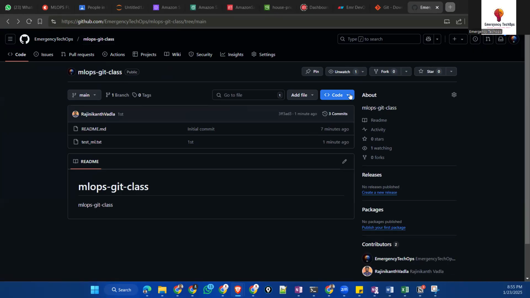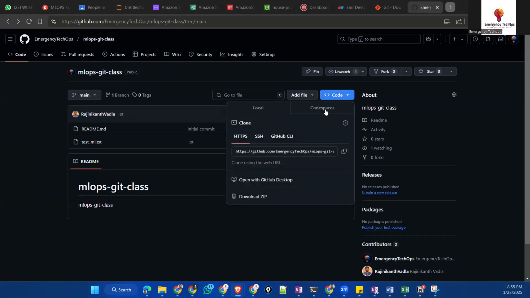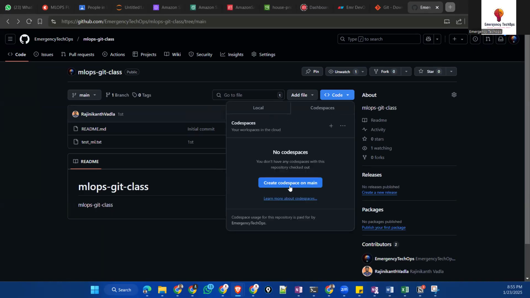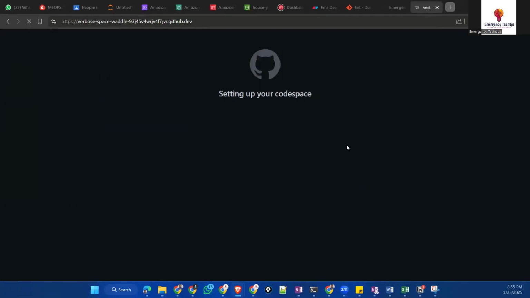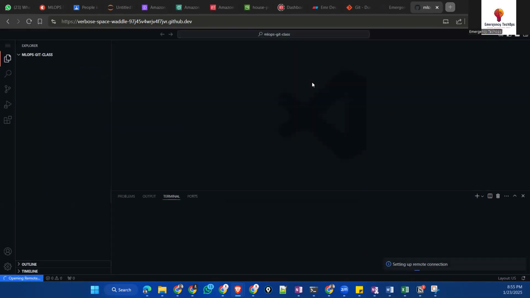And one more thing here: if you go to Codespaces and click on Codespaces main, it will automatically enable VS Code for your repository in the online browser. It's loading.